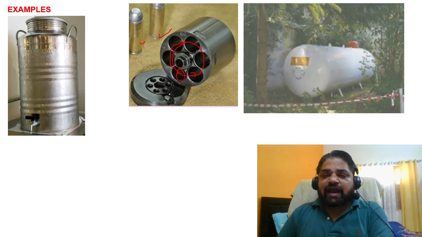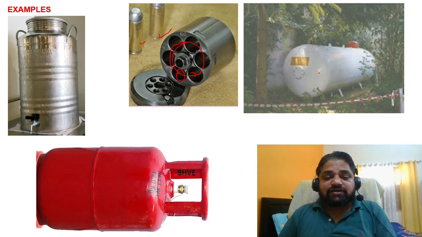So here one kind of storage tank has been shown. Normally, it has been shown as a storage tank. This tank can be utilized to store water. This tank can be utilized to store chemicals or fluids or gases, any kind. And it is the most popular kind of cell we can see in our day to day life.